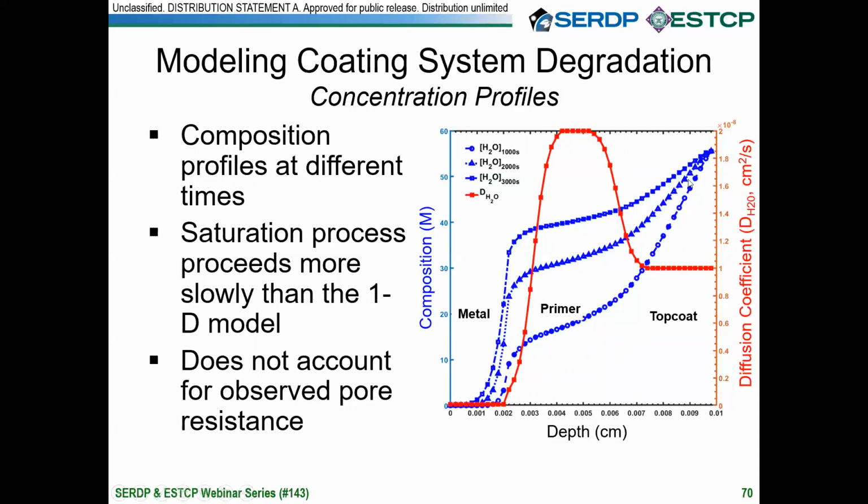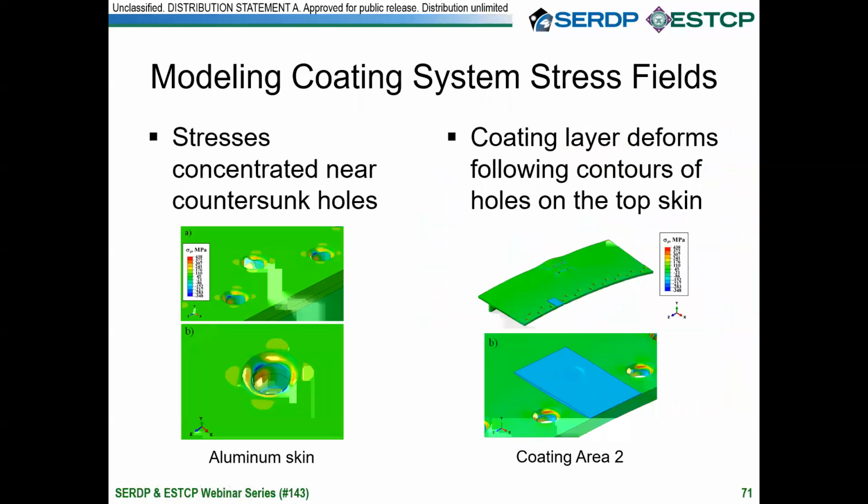You can see that it varies over time, and the slope changes depending on where you are in the coating system, because water transport is faster in some layers. It's slower in the top coat, so you get a much steeper slope, versus when the water reaches the primer, where it's faster, and so it can get to the metal surface more quickly. And so this 2D approach improves the accuracy of the model,